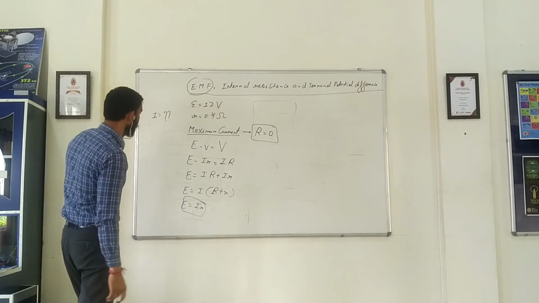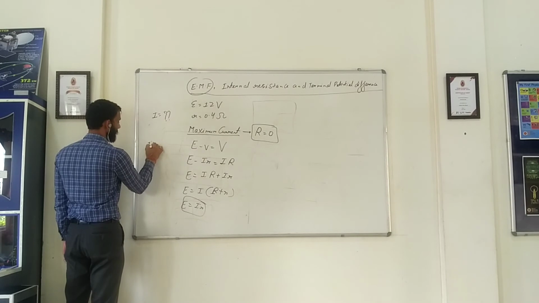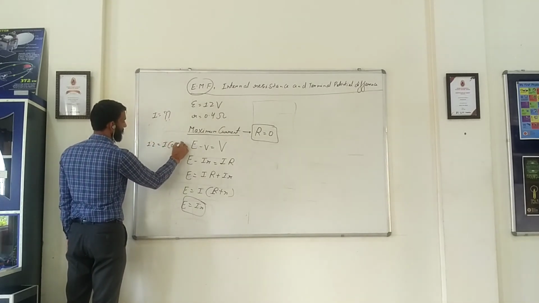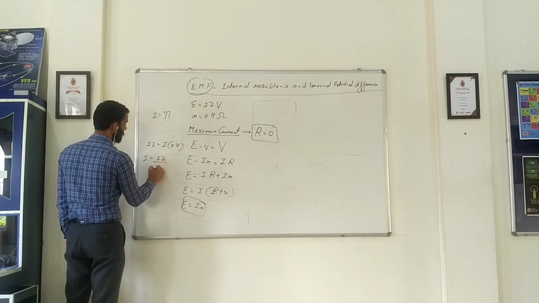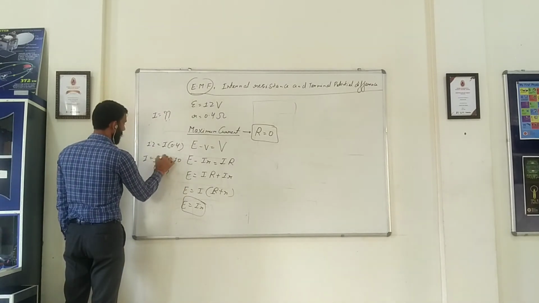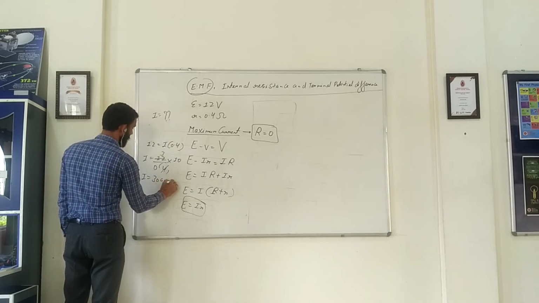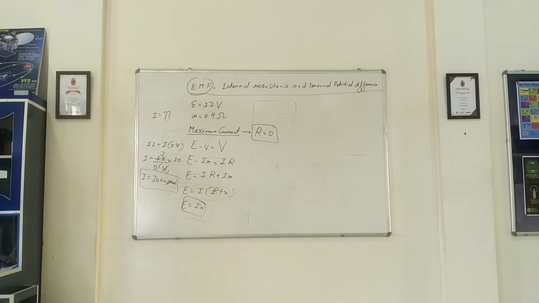So now I have to calculate this I. E is given, E is 12, and r is 0.4. So I is equal to 12 upon 0.4. I would be 30 ampere. So this would be the answer, right? If I tell you another question of the same type,